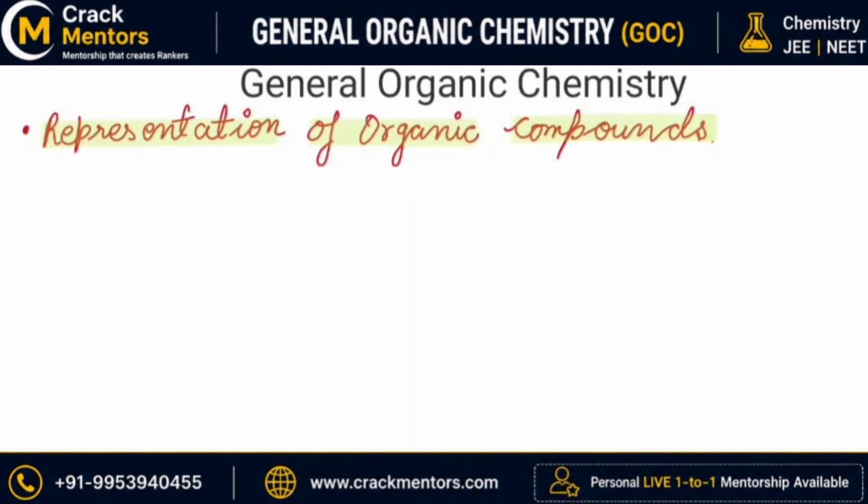Fine. So, first of all, you must have a basic idea of how we are going to represent any organic compound, or how you will read the organic compound. So, starting with the general things, maybe some of the things you know already. Carbon can pair with 4 atoms. Why? Because the valency of carbon is 4. If I clear this point more, you tell me the electronic configuration of carbon.